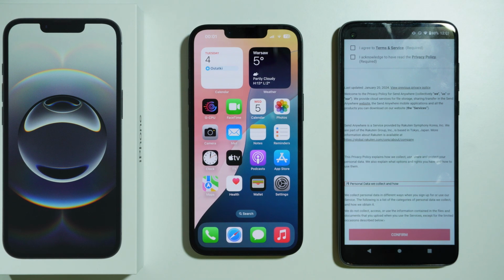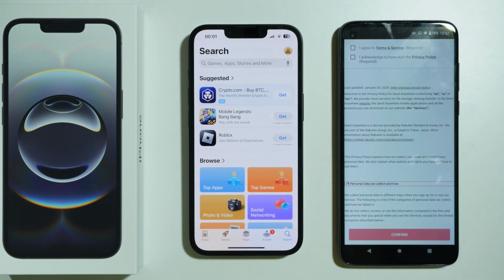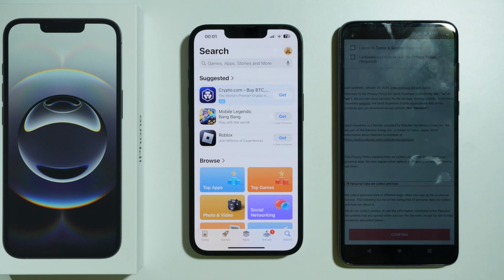If you want to transfer data from or to Android on your iPhone 16e, then let me show you what you can do. So if you wanted to transfer data from Android to your new iPhone, then during the initial configuration, you have the option to transfer data. But if you skipped that process and now you want to transfer data again, what you can do is use a third-party app that allows you to easily transfer pretty much everything from Android or to Android, with